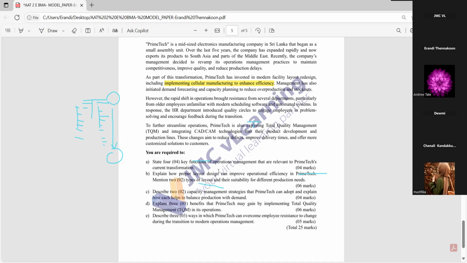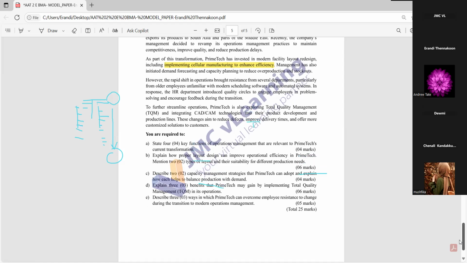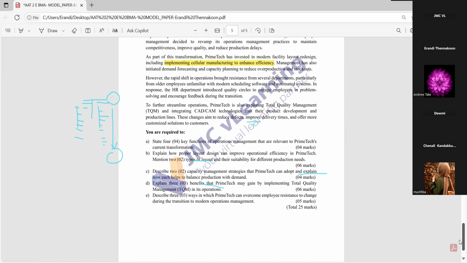Explain how proper layout design can improve operational efficiency in PrimeTech. Mention two types of layout and their suitability for different production needs. So here there are 2 questions. It will get 6 marks, right? So explain how proper layout design. What is layout? How we have designed our flow, right? So here the proper layout will enhance the flow of material,